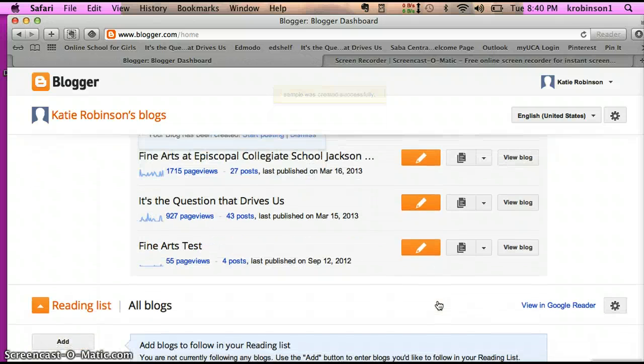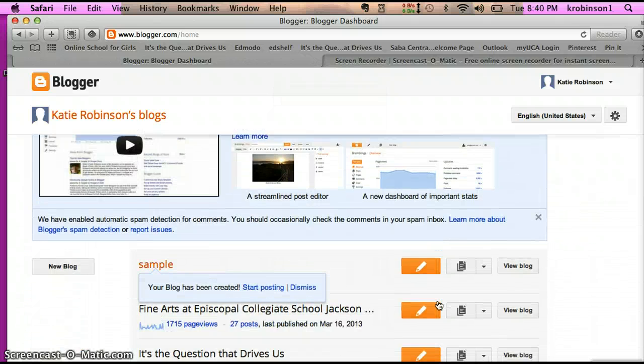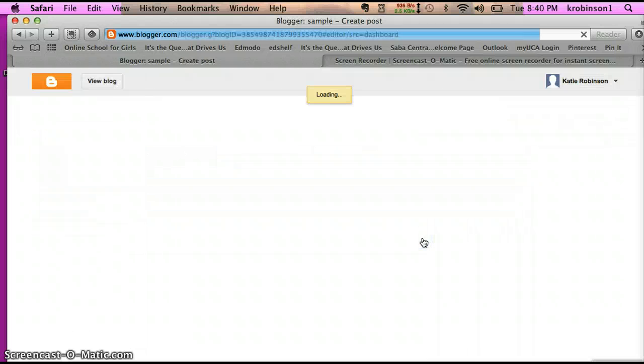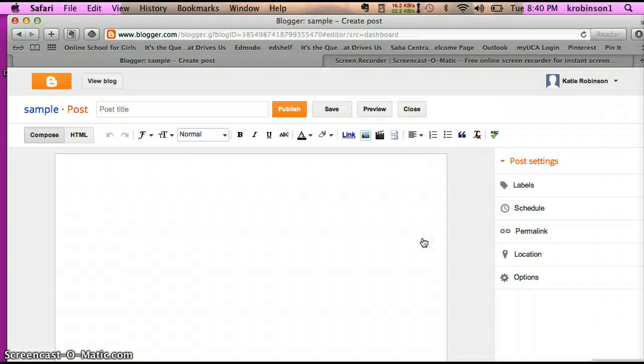Okay, so once you've done that, you're going to notice that it comes up in your list of blogs right here. And the way that you start blogging is you click on the post link to create a new post. It's going to pull up the editing window and you're going to be able to compose your post within this